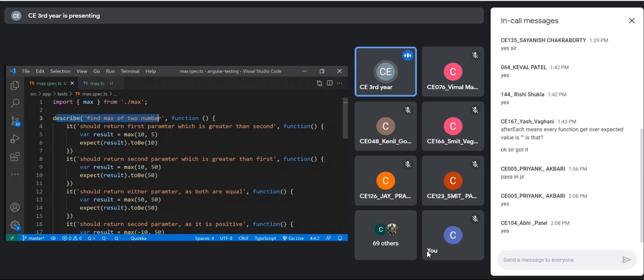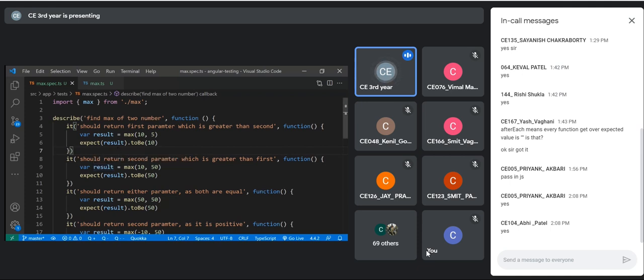There are multiple test cases. One of the test cases says that the first number is greater than the second. So we are calling the max function, passing two numbers, 10 and 5. We are expecting the result to be the higher one, the maximum of the two numbers, so the result should be 10. We are not worried about whether the function exists.